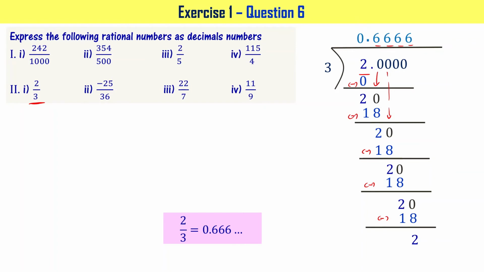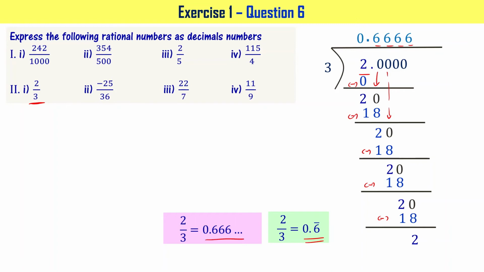That is why this particular number is called a non-terminating and recurring decimal, because 6 is repeatedly coming, right? So it can be written in shorthand fashion, that is 0.6 with an over bar on 6. When I write an over bar on 6, what does it mean? It means 6 is going to repeat infinitely many times, right?